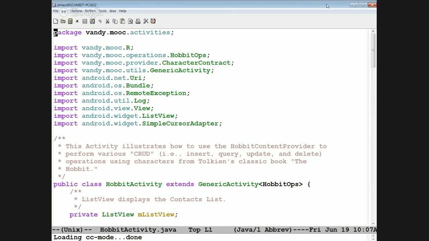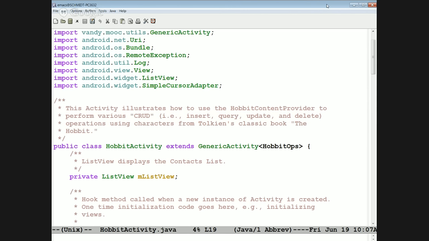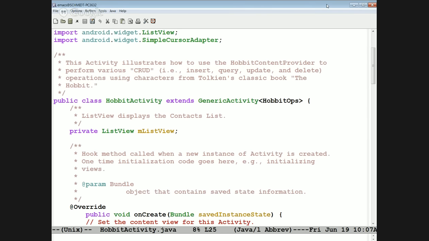This activity illustrates how to use the Hobbit content provider to perform various CRUD activities, which are basically create or insert, read or query, update and delete operations, using characters from J.R.R. Tolkien's classic book, The Hobbit. And I'm a big Lord of the Rings and Hobbit fan, and so you'll find examples popping in various times. All right, so Hobbit Activity is a generic activity, and it's going to have the Hobbit ops be the main operations object. We have a list view, which we're going to use to display the Hobbit